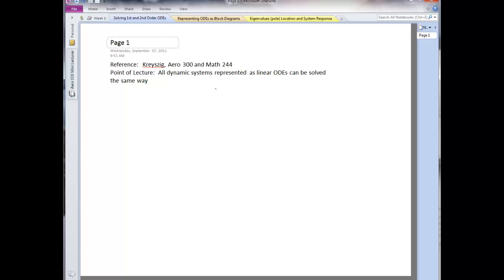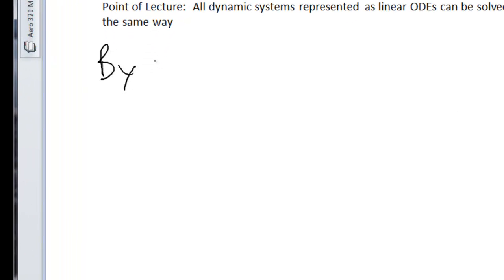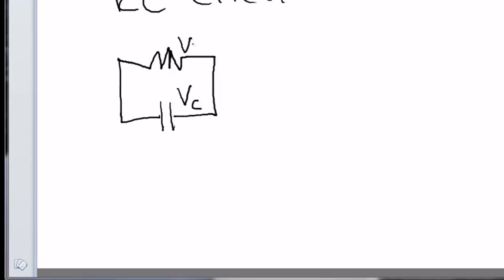And so really, if we can solve first and second order ordinary differential equations, then we can solve any order ordinary differential equation. And this should serve as a review. So by way of example, let's look at a simple RC circuit. And what I'm going to do is assume that I have some circuit here. It's got a capacitor, say, and a resistor. So I've got a voltage drop across the capacitor, voltage drop across the resistor, and I have some current that's